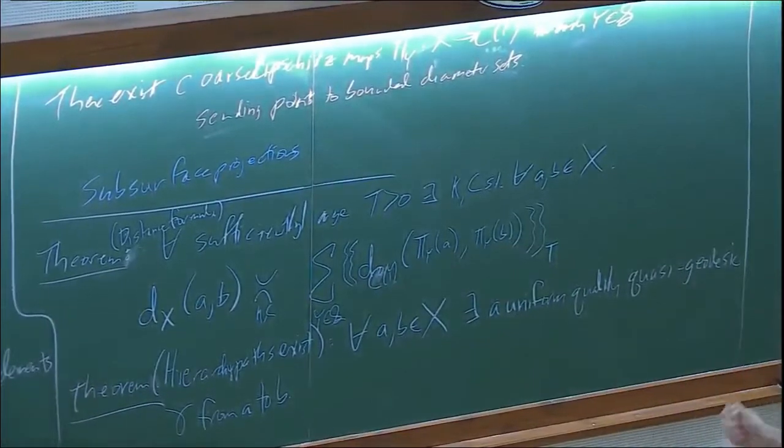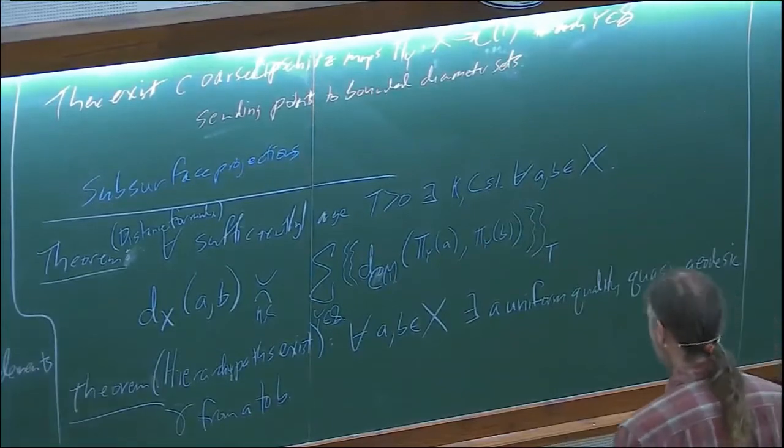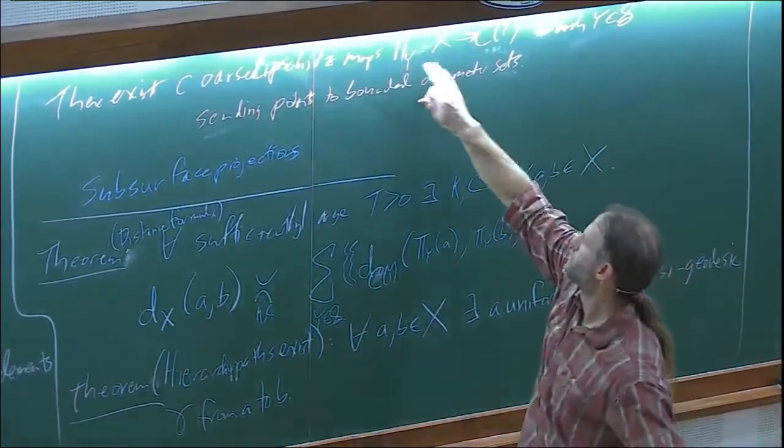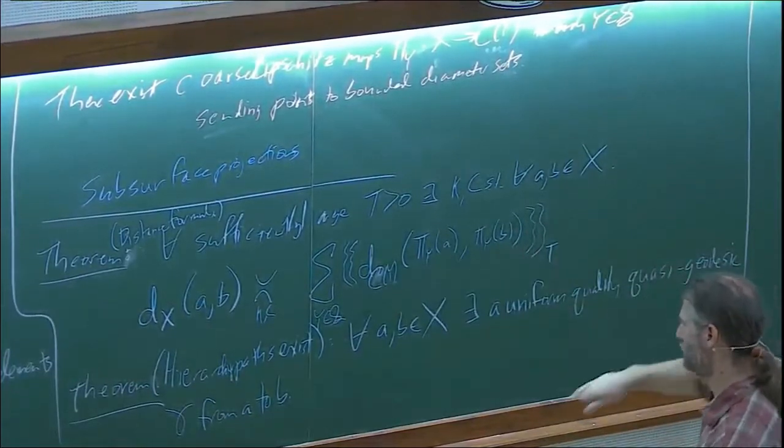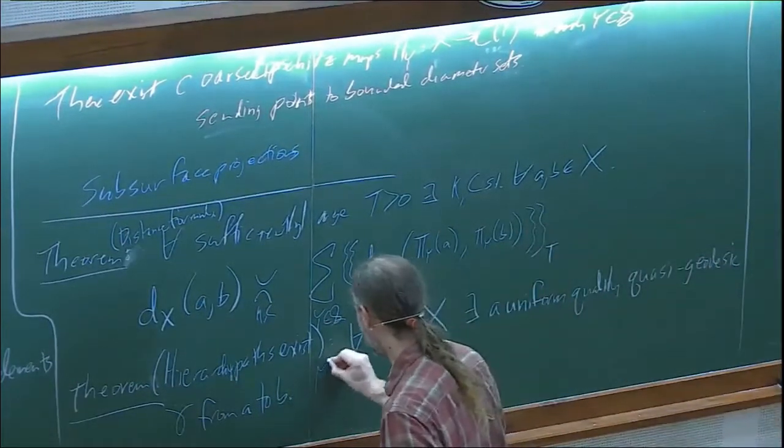And the particularly nice property about this uniform quality family of quasi-geodesics is that they have nice projections. They behave nicely under this map. So there exists a uniform quality quasi-geodesic gamma from A to B, and moreover,